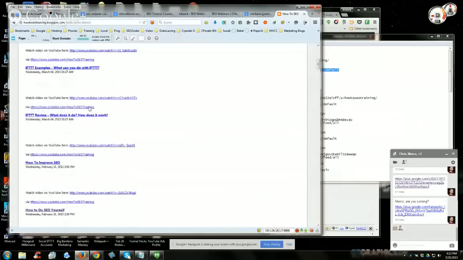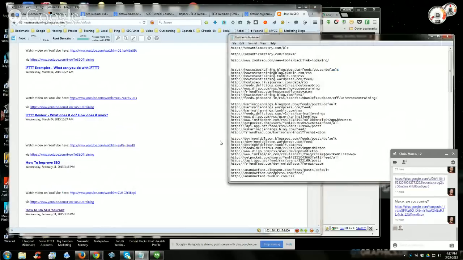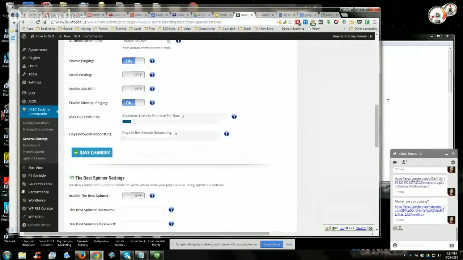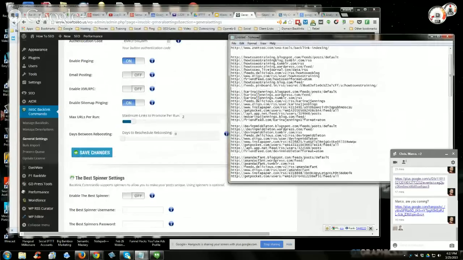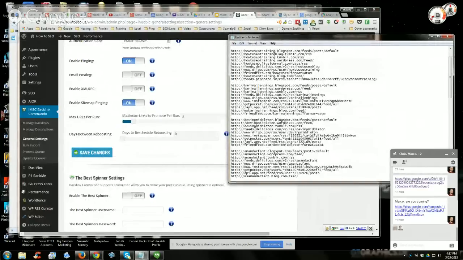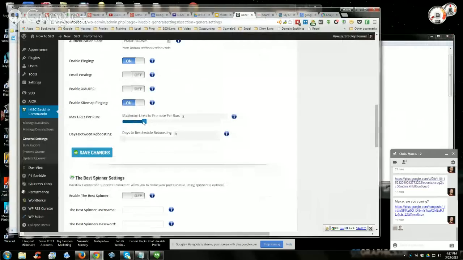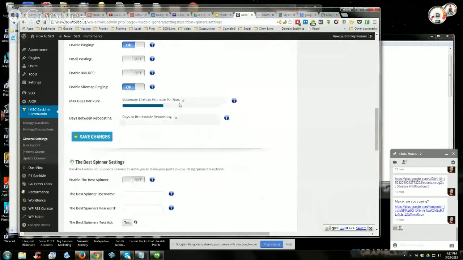But the problem here is, how do you scrape all these URLs out of here, right? How do you get all of the URLs out of the actual feed itself and then manually post them into an indexing service? So that's where this plugin comes in, because with this plugin, we can add the RSS feed URLs here, and it will pull the links out and automatically submit them. So if I'm going to submit 4 rings, right, 4 IFTTT rings worth of feeds, then I'm going to want this to probably, I don't know, do maybe 5 links per run, process 5 links per run.